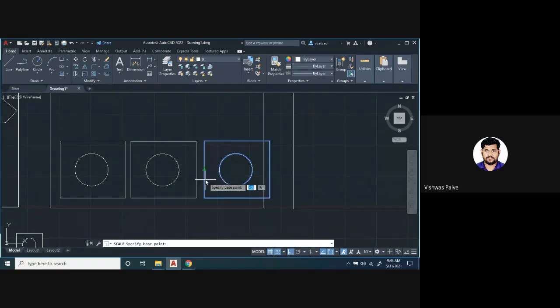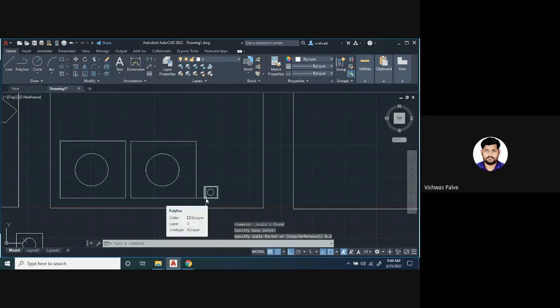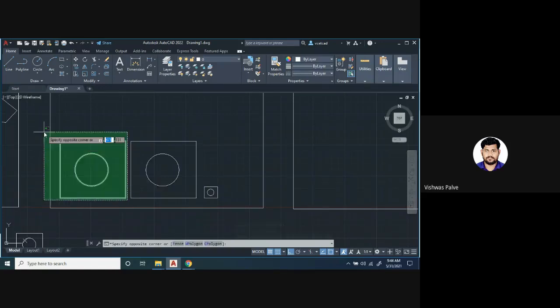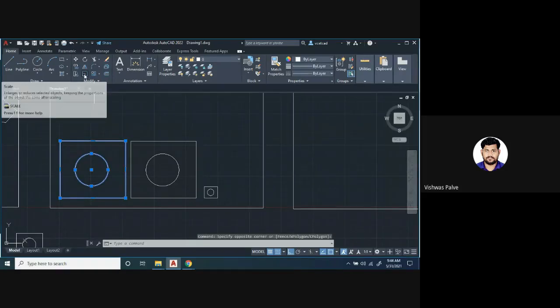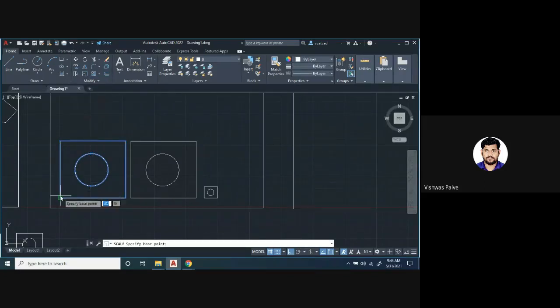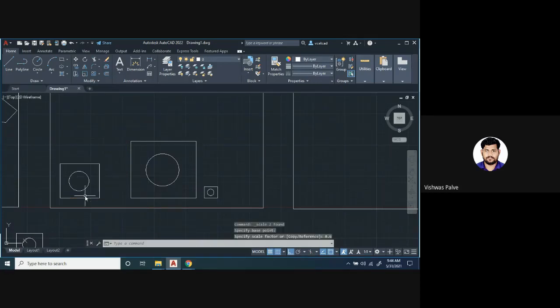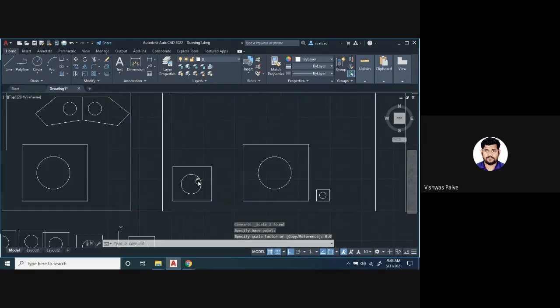Scale, base point, and I want to reduce the size by 0.2. You can reduce the size by 0.2. Suppose I want to again reduce the size, so scaling factor, I want to make it half, so 0.6. I can bring it to original shape also.